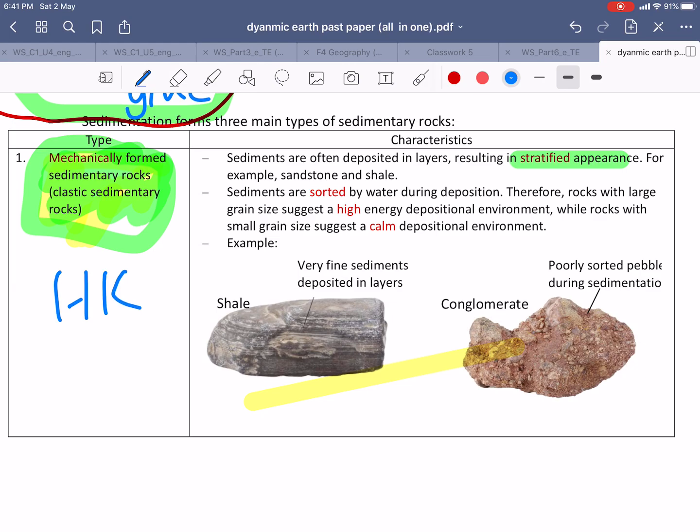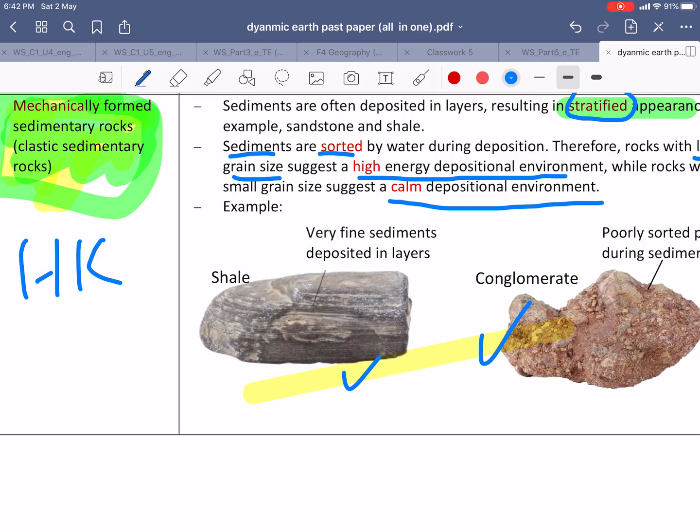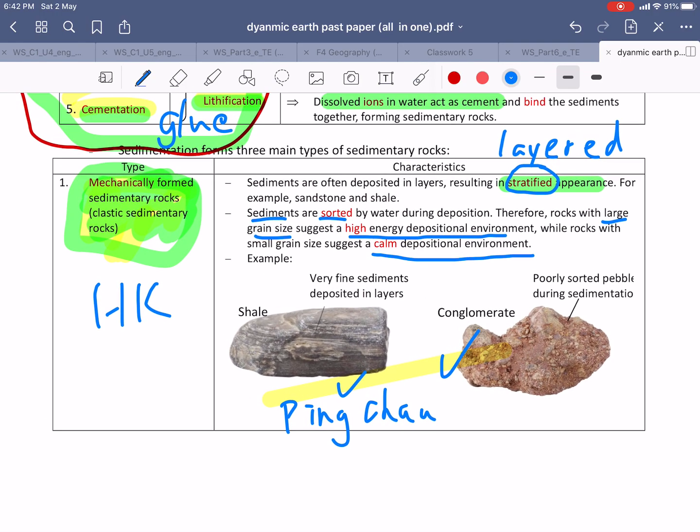What are the characteristics? The sedimentary rock is stratified. What is stratified? It looks like a layered pattern. For example, sediment is sorted in water during deposition. Rock with larger grain size suggests a higher energy depositional environment, and rock with smaller grain size suggests a calm depositional environment. You can see both of these in Hong Kong. For example, the shale is in Peng Chau, and the conglomerate is in